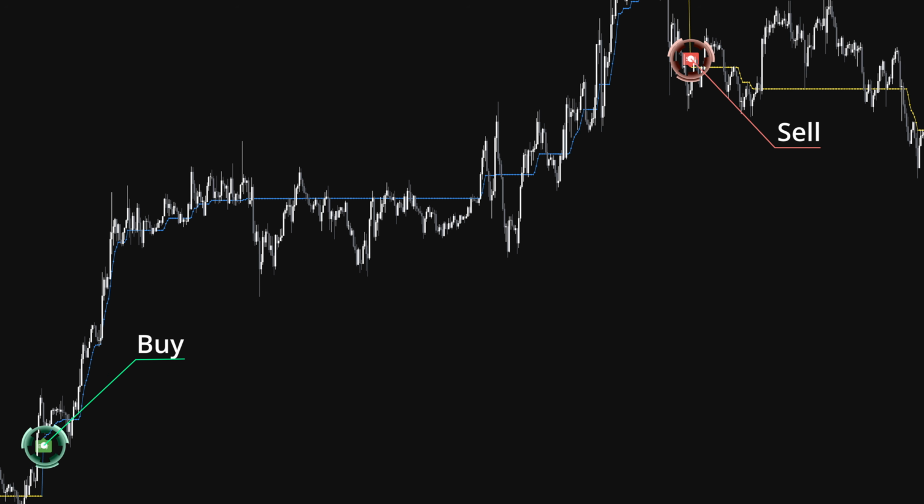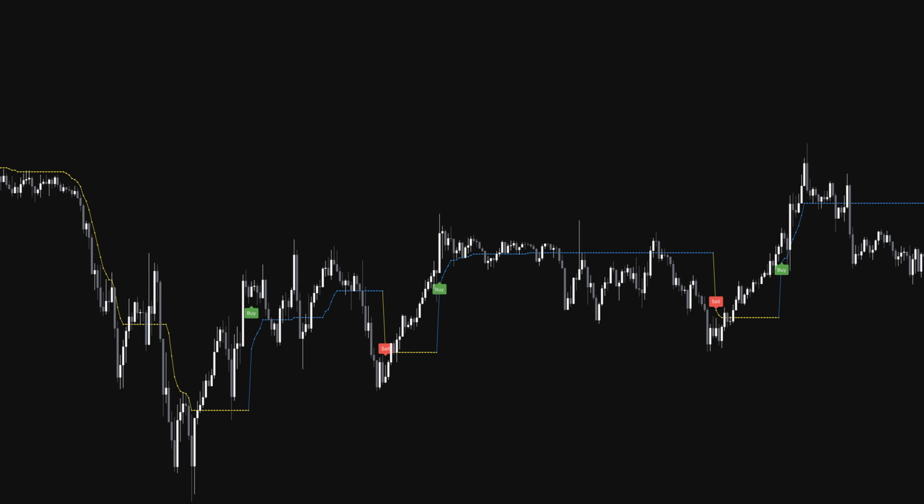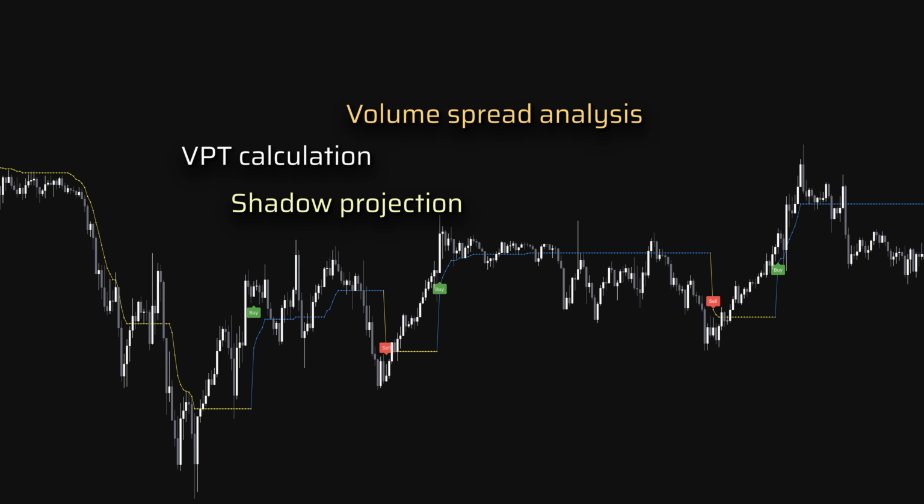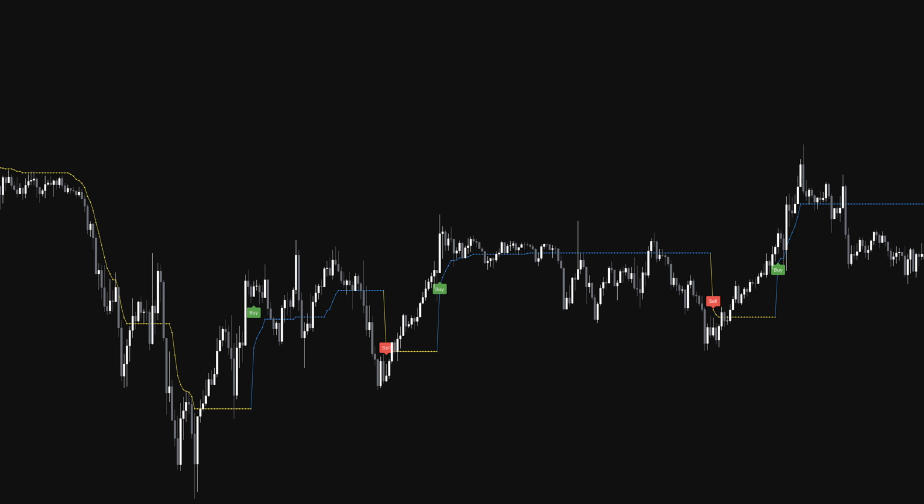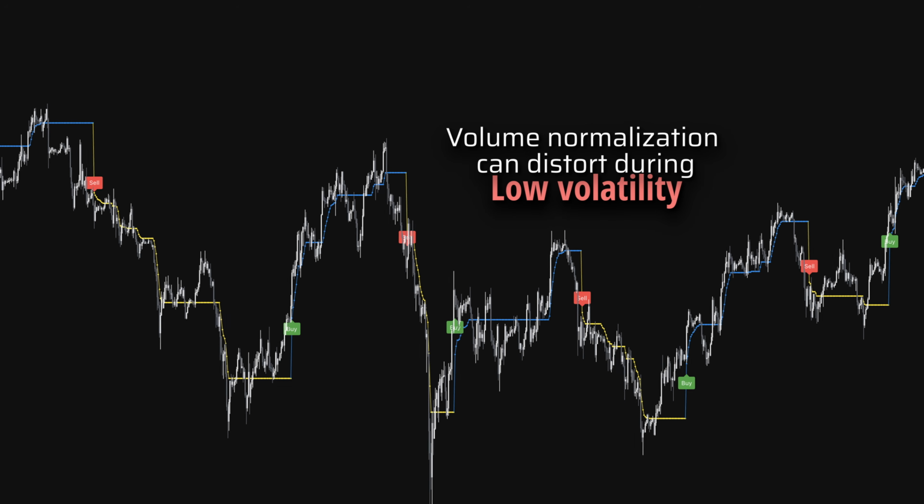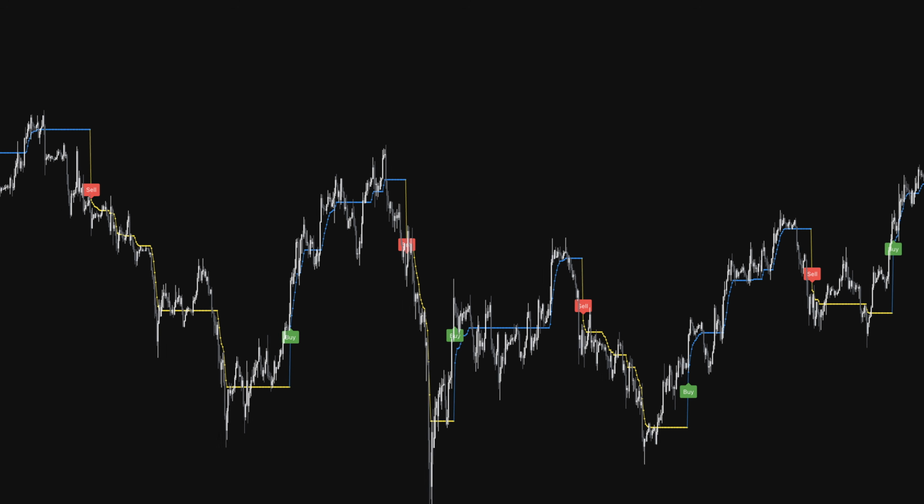The system uses time-based tracking to ensure signals only trigger on initial crossovers rather than every bar where the trend condition remains true. Real-world application faces challenges from the multi-layered calculation complexity. Each component, VPT calculation, shadow projection, volume spread analysis, and adaptive supertrend, introduces potential lag and sensitivity issues. The volume normalization dividing by the high-low range can produce extreme values during low volatility periods when ranges compress, potentially distorting the VPT calculation. The system works best on liquid instruments with consistent volume patterns where the volume-weighted projections provide